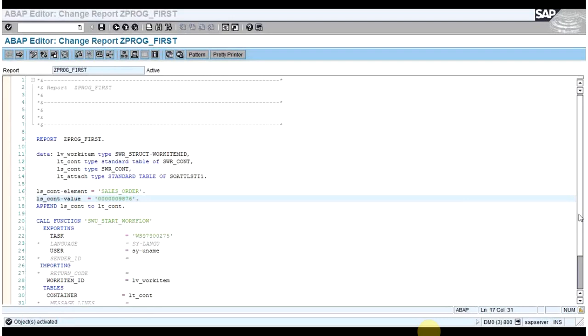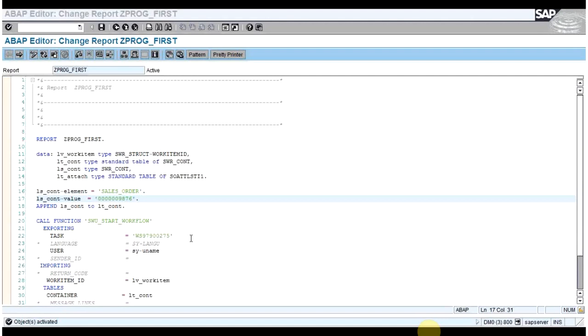You can see here I have populated the sales order, the name of the element, and it is case specific. If you write it in caps, then it should be in caps. And I have populated the sales order number, appended that work area to the internal table, and passed that internal table to the workflow.